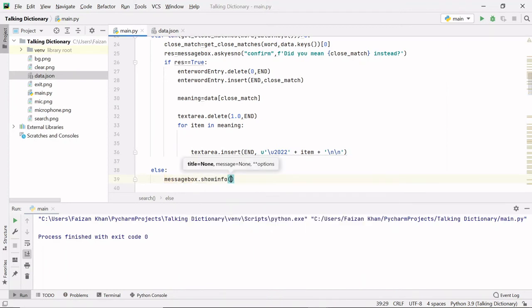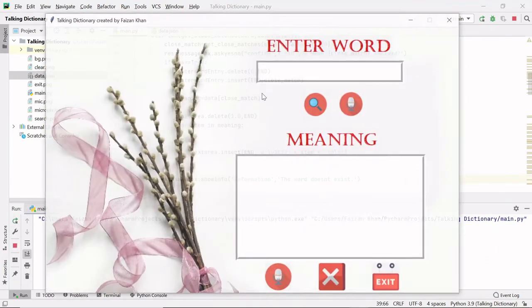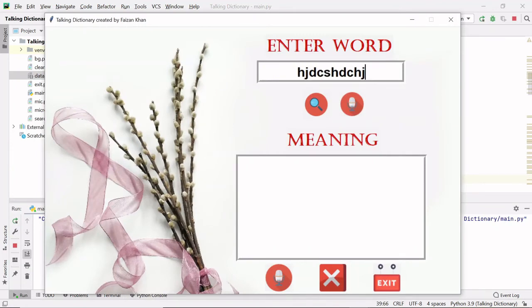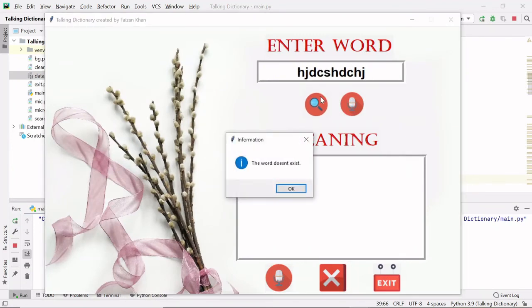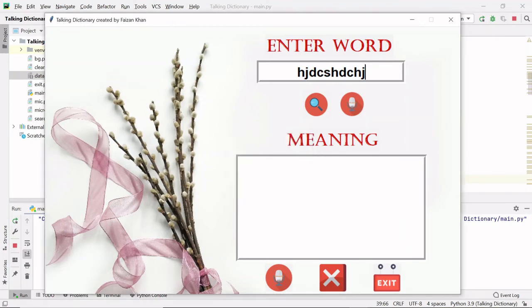Because I want to show information this time, I will pass a title here, information, and then the message is the word doesn't exist, like this. If I run this code again and type something nonsense here, click on the search button, you can see that we are getting an information message box that the word doesn't exist.